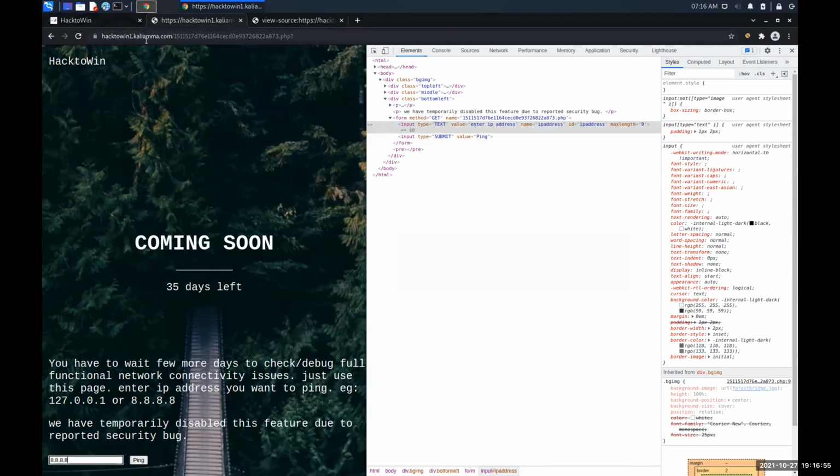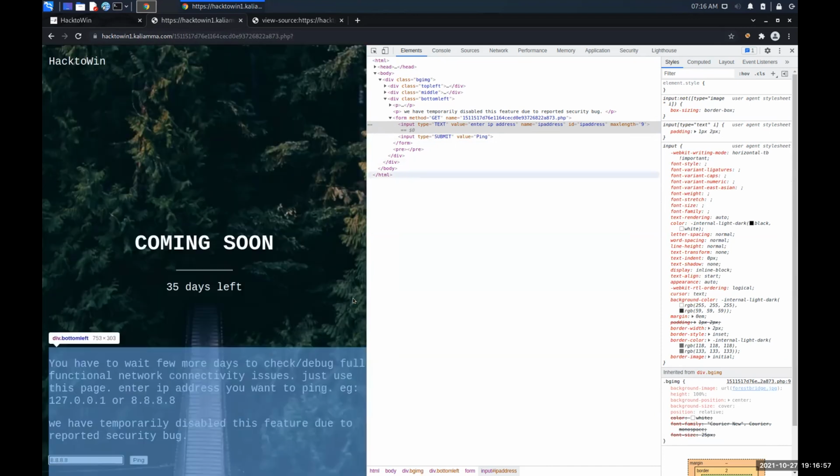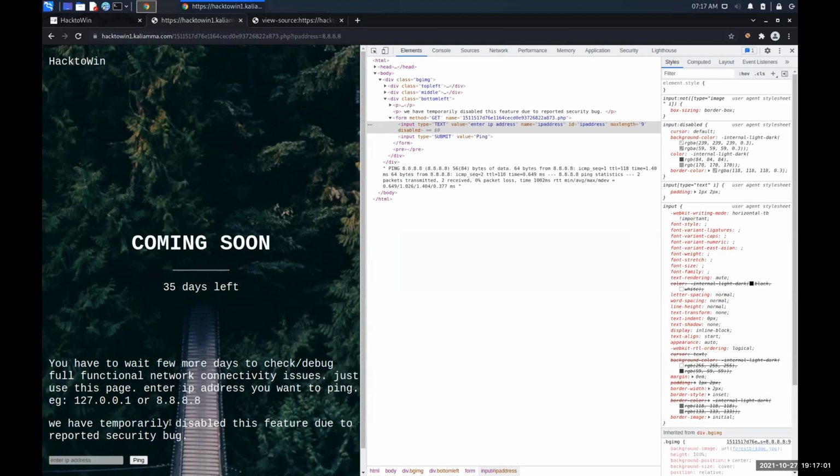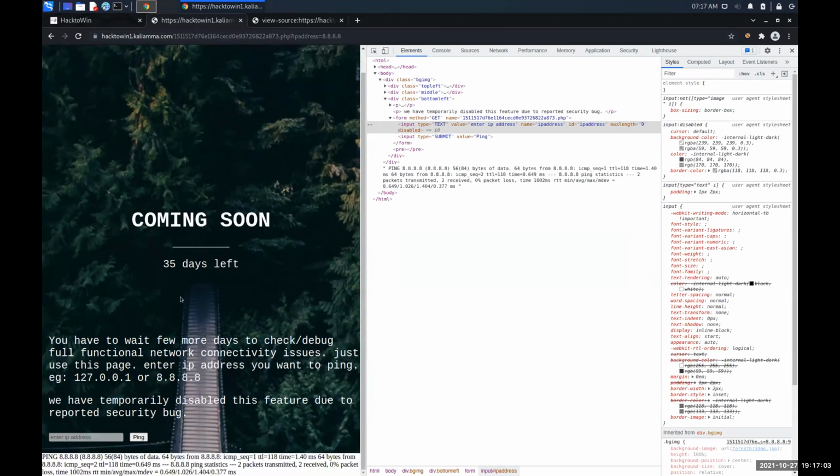Then take a look at the other places as well, especially the URL. Once we click pin, okay, it got completed. But if you try to scroll a bit down, it looks more like a command execution vulnerability. See,